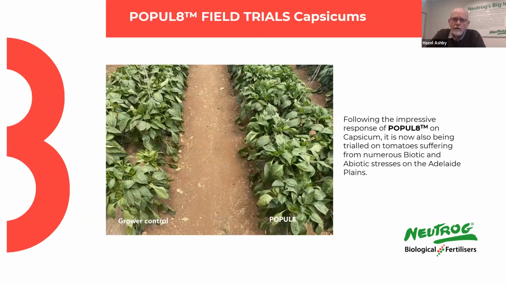I want to just give you a few examples of what we've seen when we've trialed this. Now, these trials were done by Elders, and what we're really looking at is what advantage does Populate give you if you're using it, say, as a grower, but also if you're using it in your home garden. You can use that on your vegetable crop or on your tree crop or even on your lawn. So you quite clearly see that the control on one side isn't as healthy. It's not as lush, it's not as green. Versus Populate, you can see the plants are much healthier.